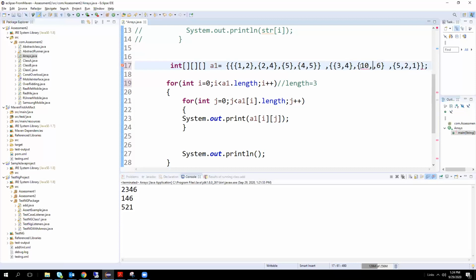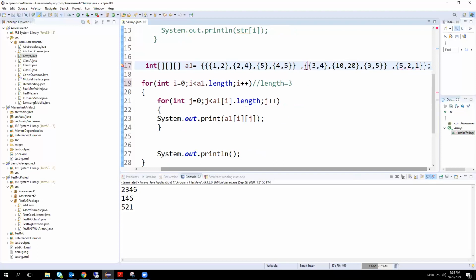So each element of the array we have to give with the flower brackets. Previously, only one value was available at a location. Now we have to give multiple values at that location.